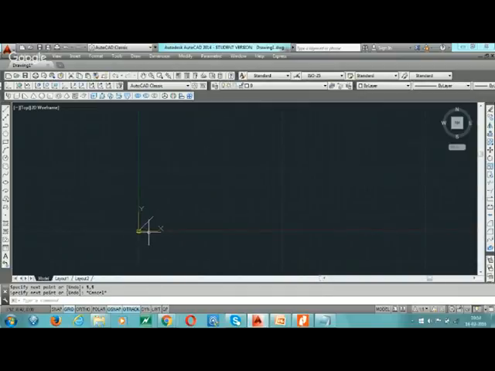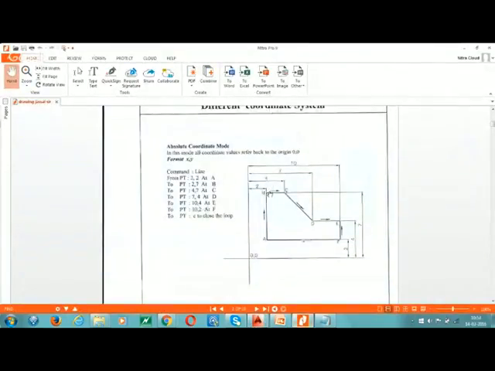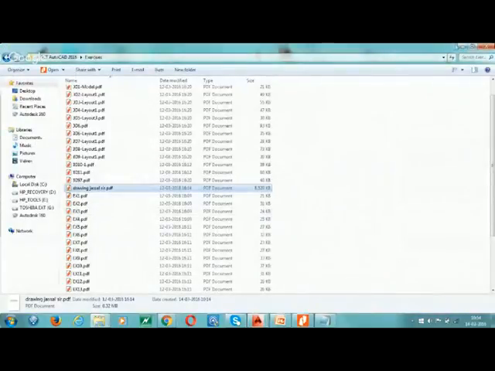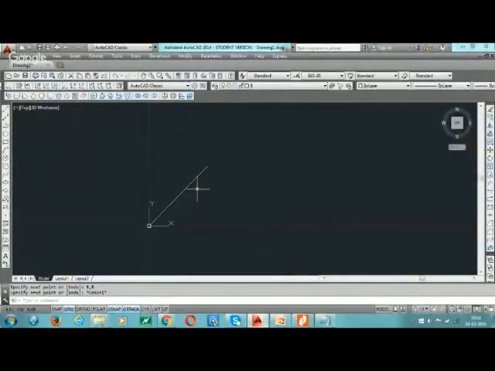In the absolute coordinate system, the origin point is fixed. In a relative coordinate system, the origin point can vary. I am making this diagram with the help of the line command. This A point is at 2,2 in x and y. So for the first point A, again L, enter.